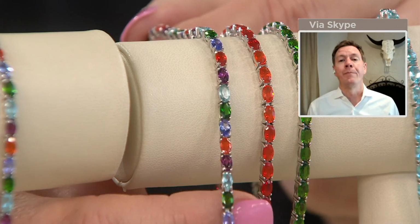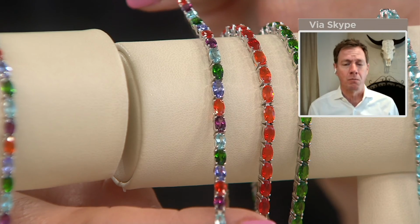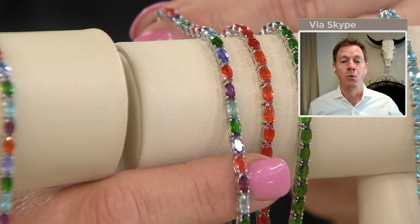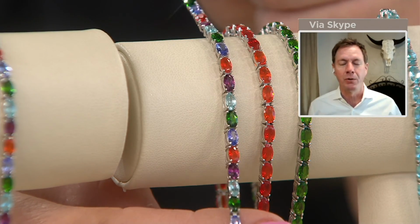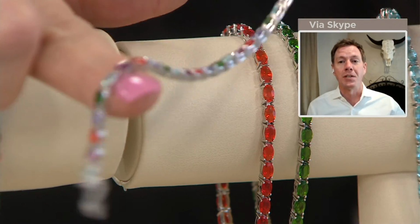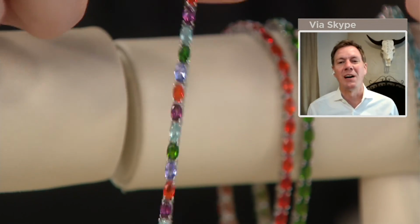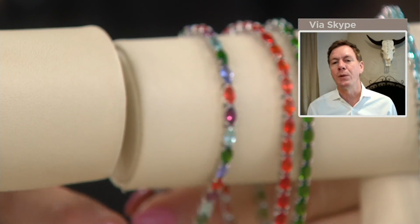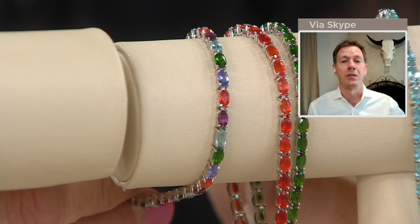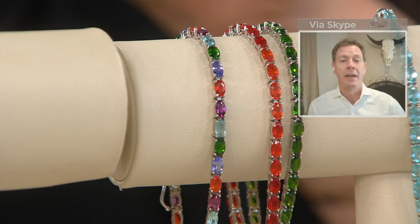This one is special. I knew that this one was going to be really popular because when you have this many exotic stones, to be able to get them all in one bracelet is exceptional. It's going to be very difficult to ever find that again. It's not like you can just go to the multicolor tennis bracelet store and pick this one up. Yeah. So this is one where who knows which of those stones we're going to lose first, but we know that tanzanite only comes from one place in the world. We know that the chrome diopside, that color material that comes out of Siberia,